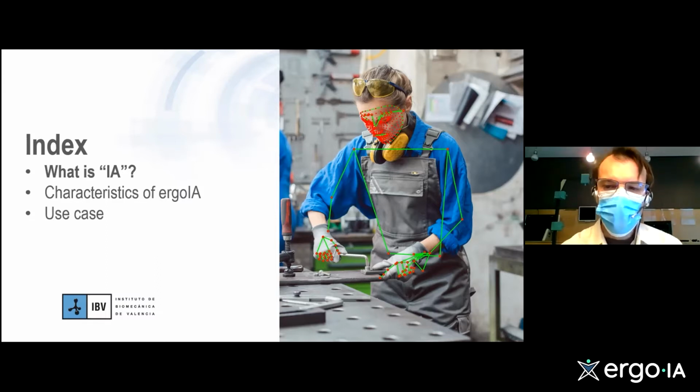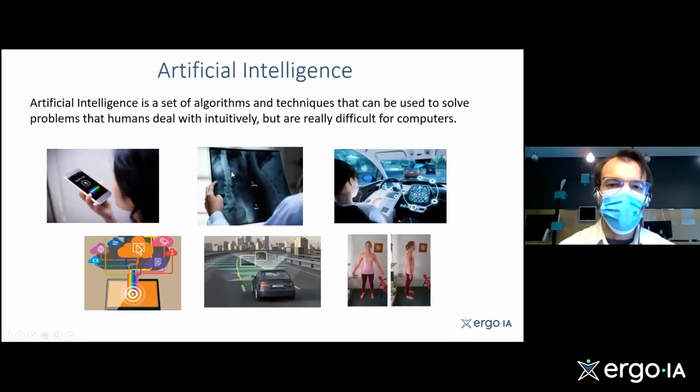And then, most importantly, we are going to show a use case of the tool to see how to use it and how to see the results and how to take advantages of this technology. So first, as I said, this IA is what in English would be AI, the artificial intelligence, which everybody has heard about and looks like some kind of magic that computers can do, but it is really not magic. It's just a technology because it's a set of algorithms that can be used by computers to solve